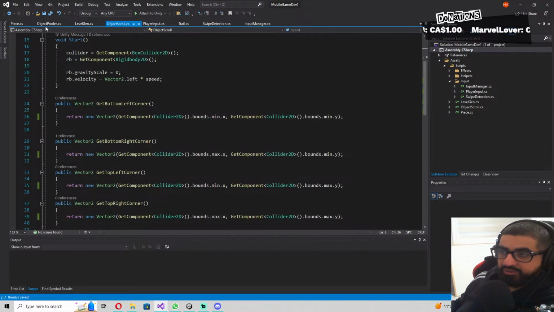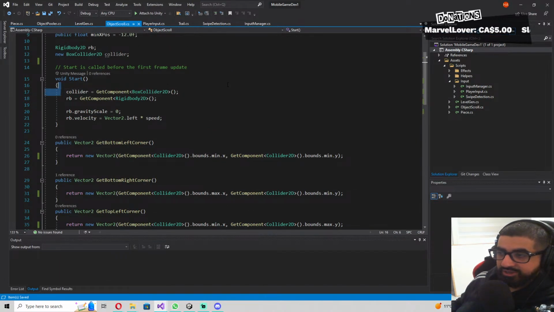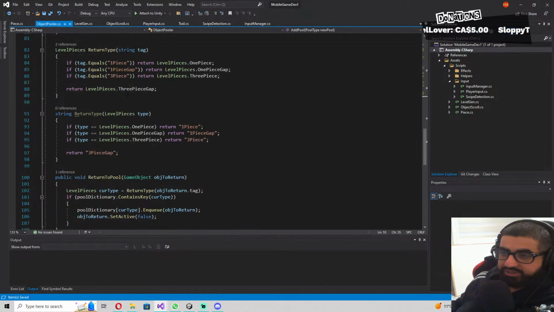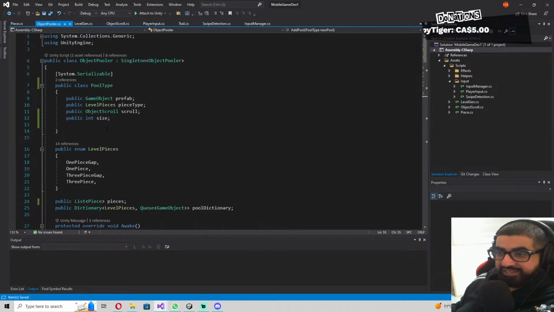So the only way this is causing an issue is because my object pooler is doing something with it. So maybe Unity's object pooler does something that I've not specified for. But either way,